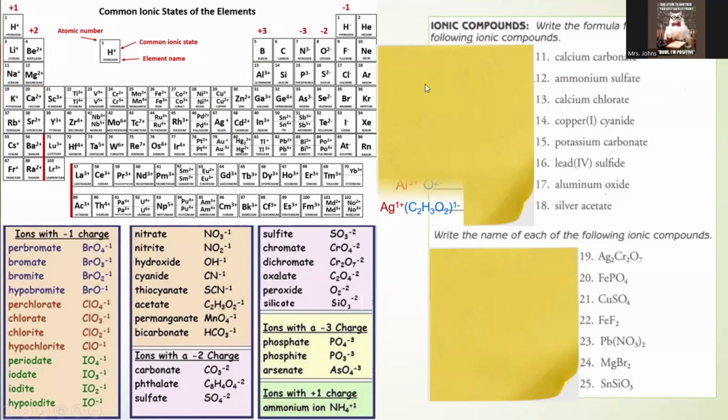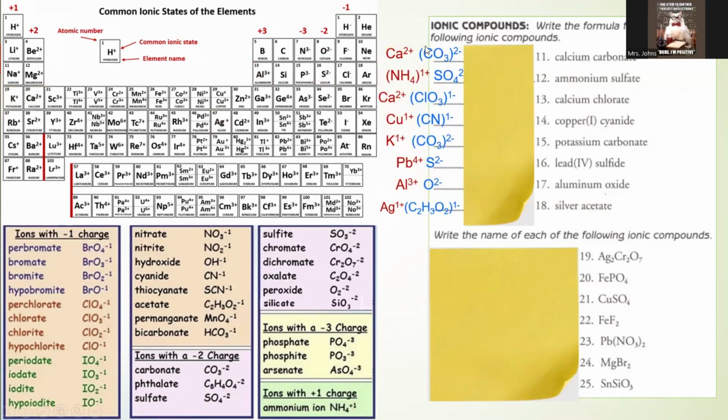Here I've written the cations in red and the anions in blue. So we do have to calculate how many of each one that we need to cancel, to neutralize the charge